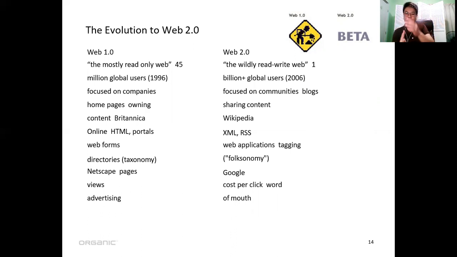While in Web 2.0, in 2006, it focuses on blogs, community blogs. And then of course you share the content, and of course the launching of Wikipedia.